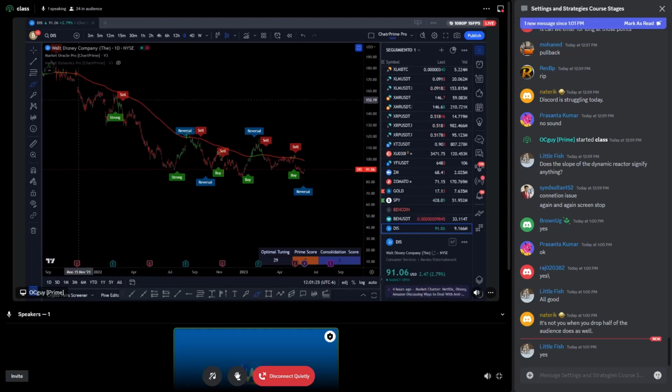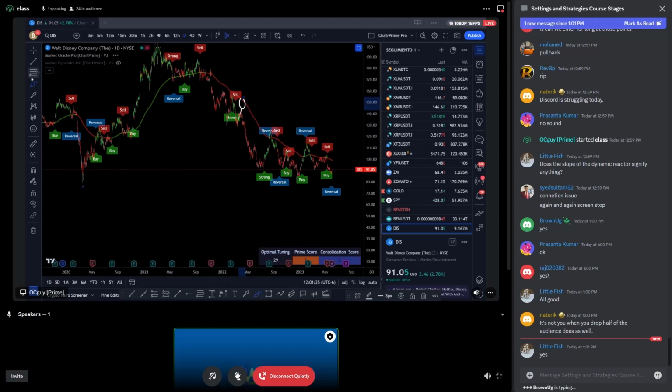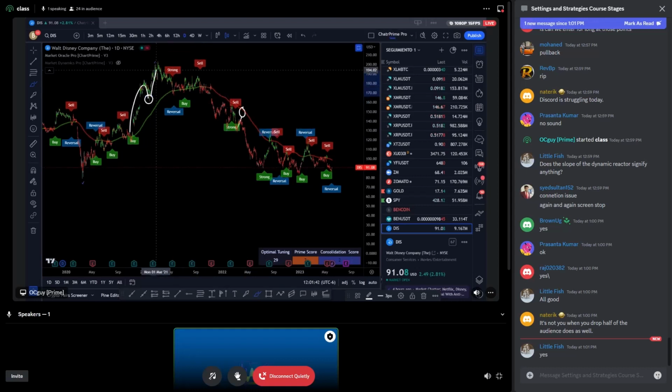What might be telling you a little bit more is, when you see the pullbacks, if we don't reach the dynamic reactor, that means we have a ton of bearishness, right? The same way the other way around, look at that. When we pull back and we don't touch the dynamic reactor, we are very bullish. And as you can see, we actually went up. And again, look at this little tick in here.